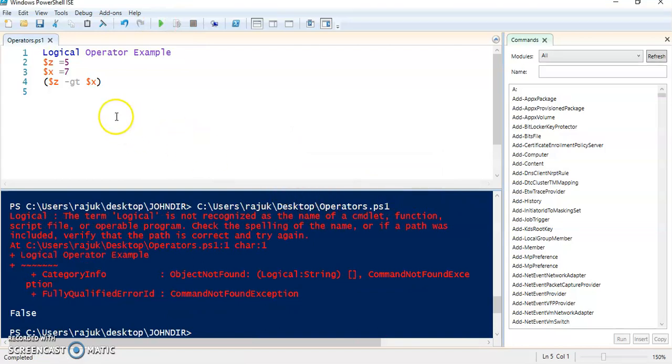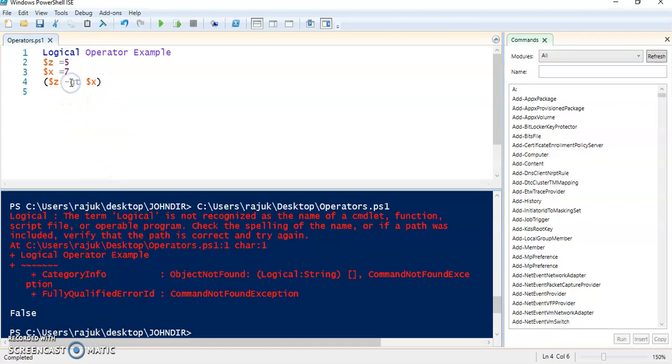As you can see, we have written a program here: z equal to 5, x equal to 7. z, which is 5, is not greater than x, so this value is false.